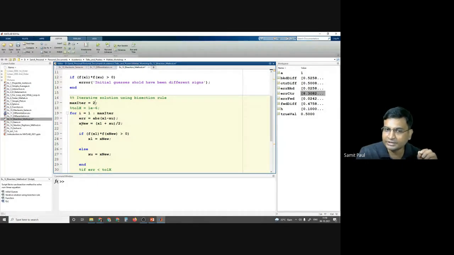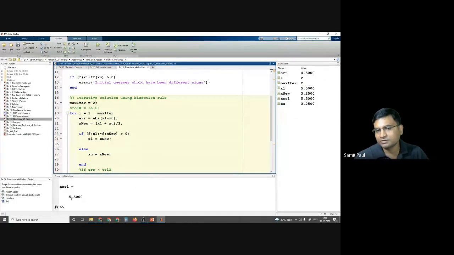Now we have a new X value, and we will calculate XL times f of X new. If this is greater than 0, then X new is assigned to XL, otherwise XU will be assigned the new value. And this process will continue for how many times? 2 times.